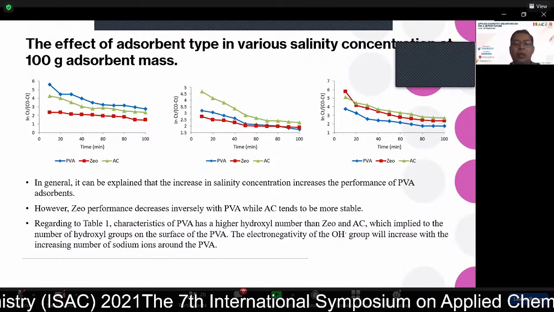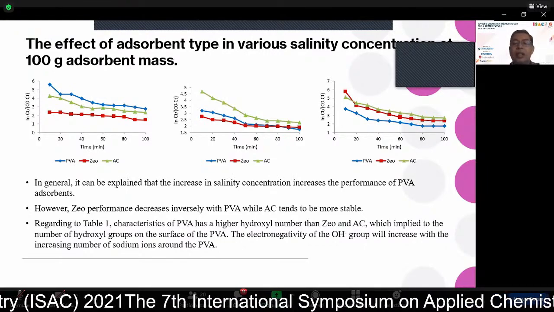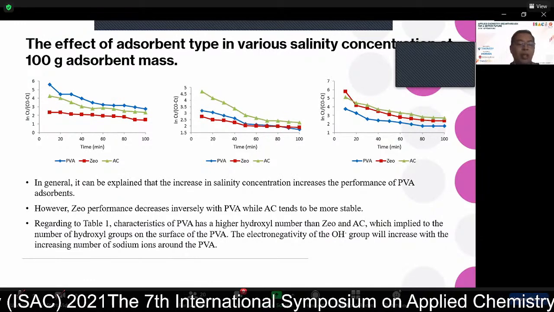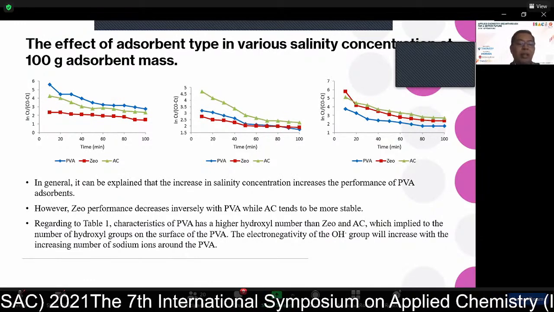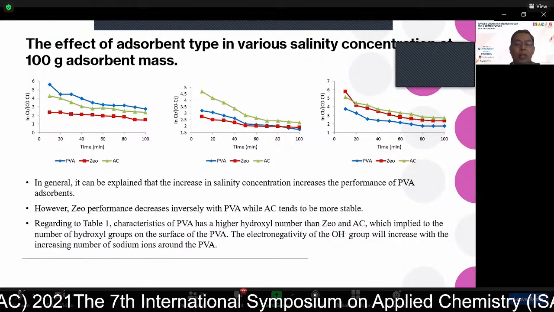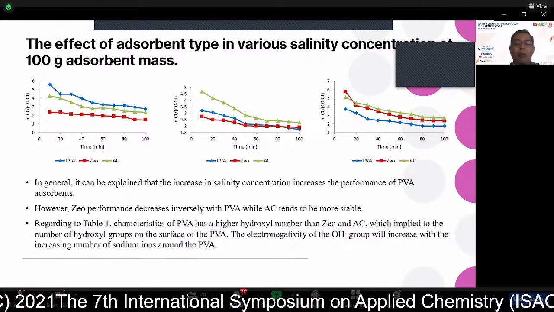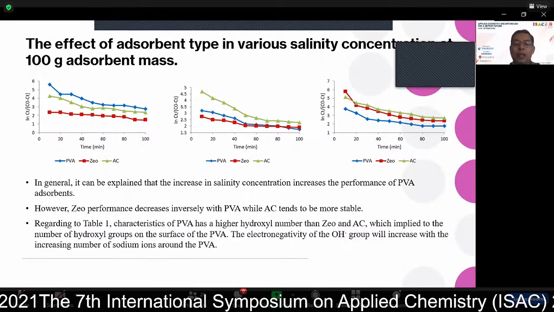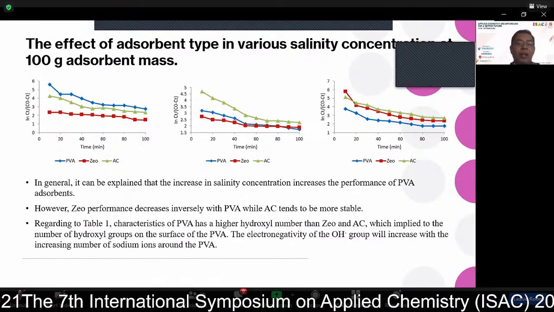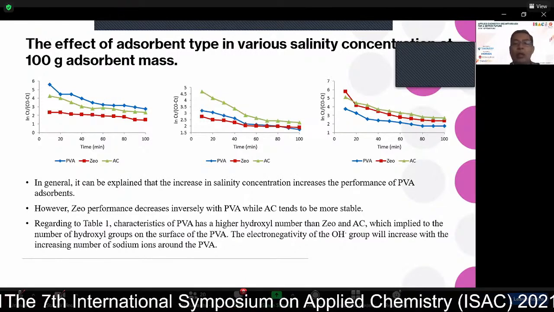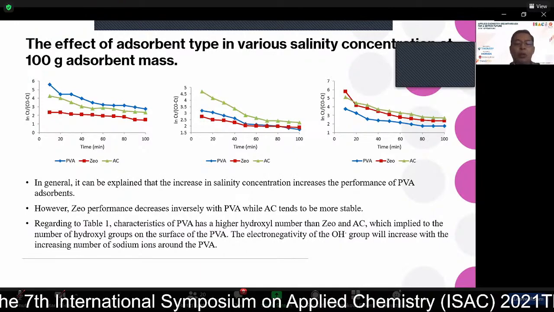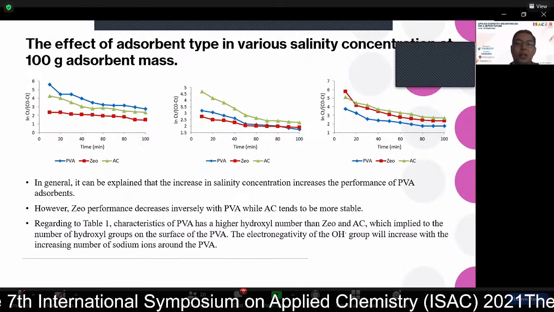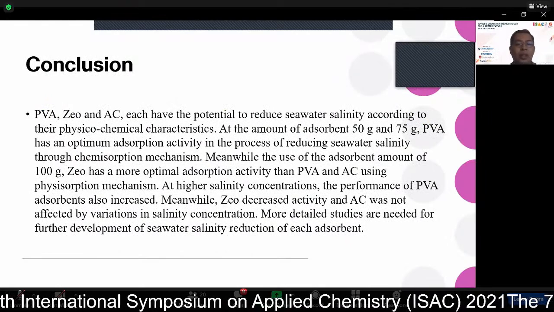Conversely, the performance of zeolite will decrease at increasing salinity concentration. In fact, the reactivity of the alumina group of zeolite has good performance at low salinity concentration. Meanwhile, the hydroxyl group will show increasing reactivity with increasing salinity concentration. The conclusion is: